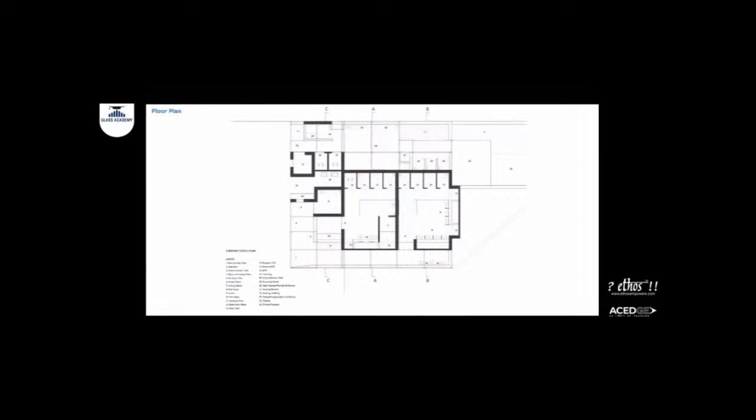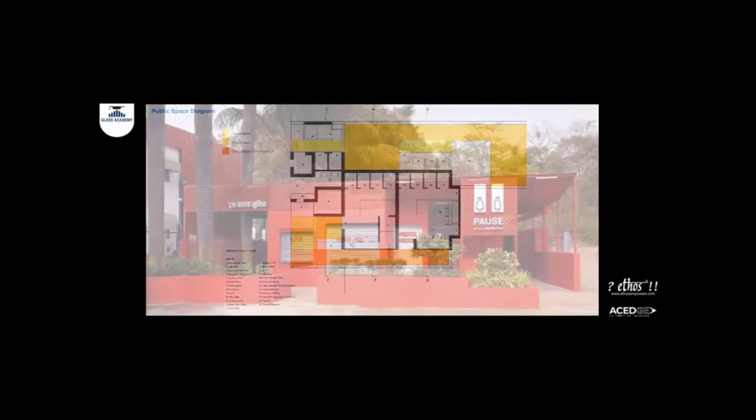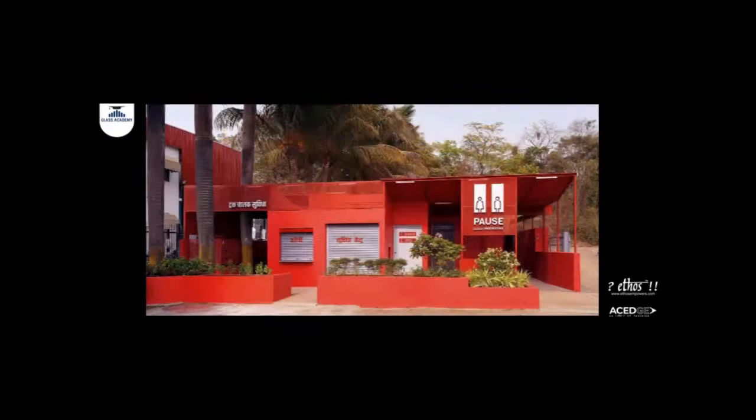And yeah, so that's the overall plan, where you can see the various components, how they come together, and so on. And it's a public space diagram where yellow is circulation and interaction. And that's how this campus looks. It's like one big pavilion, inside which there are different facilities that are available for different activities.